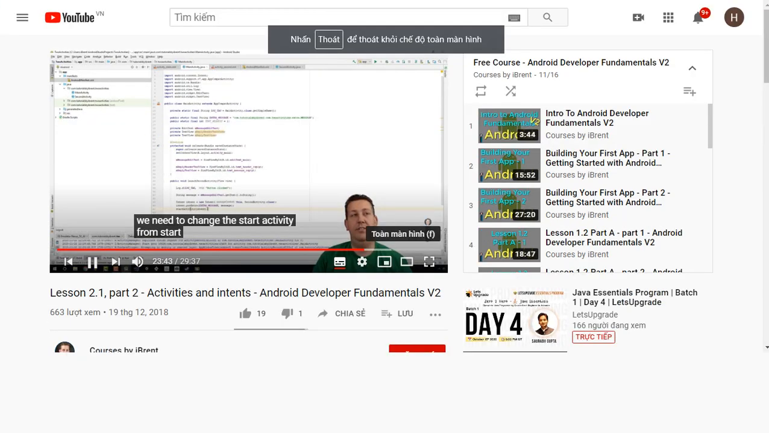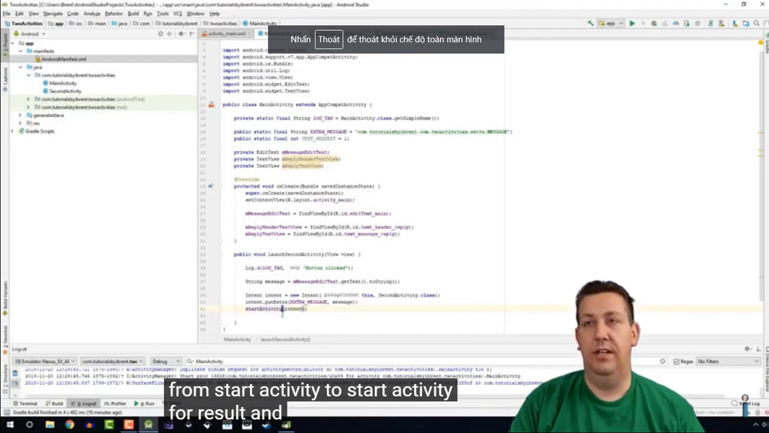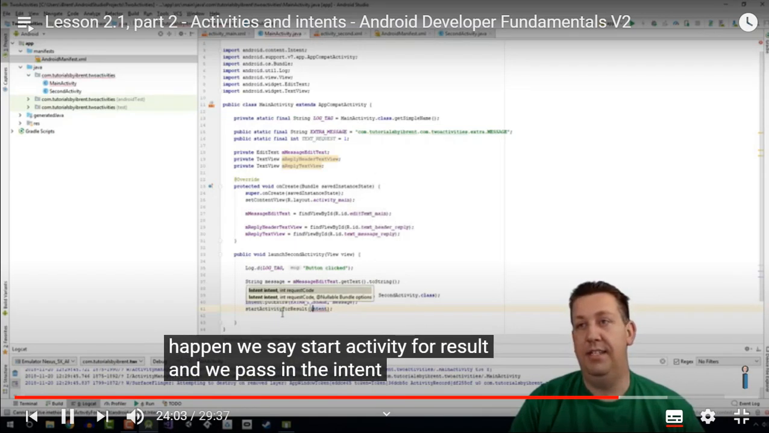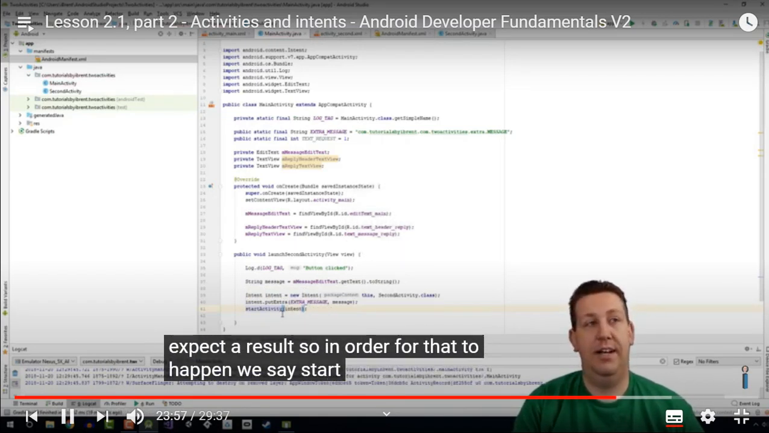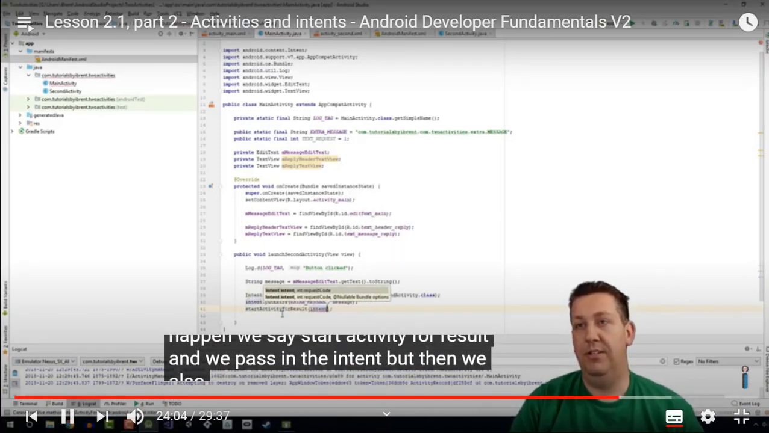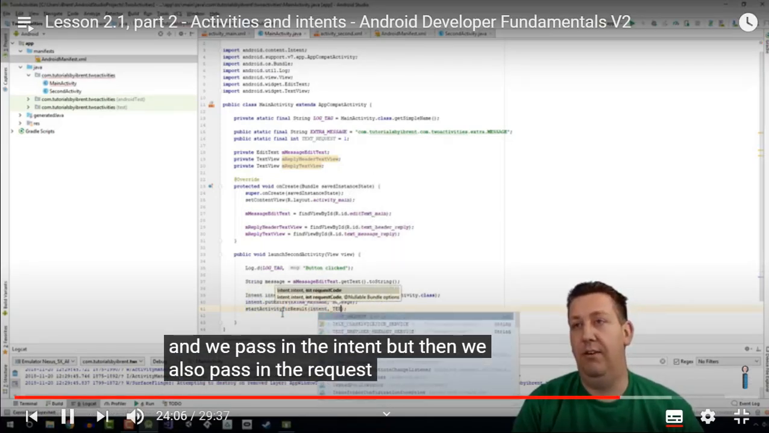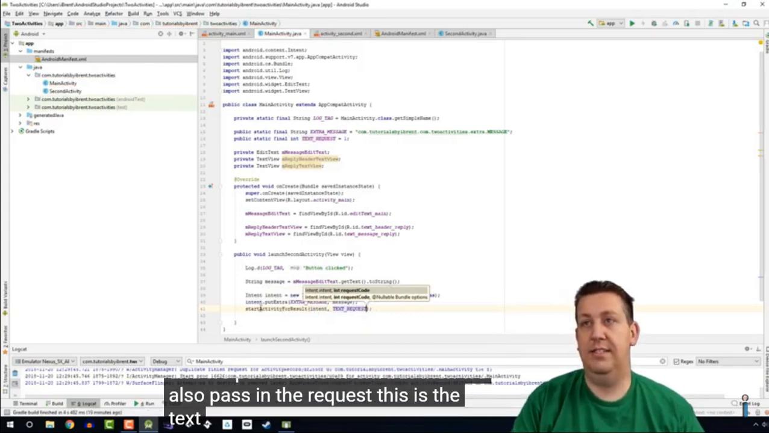We change from startActivity to startActivityForResult. And the second activity, the intent, but in order for that to happen, we say startActivity, but then we also pass in the request. This is the text request